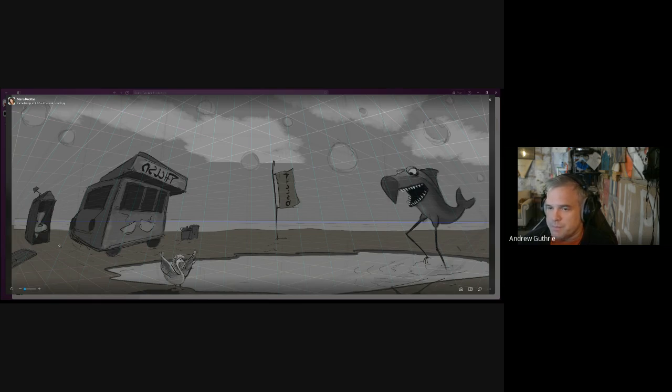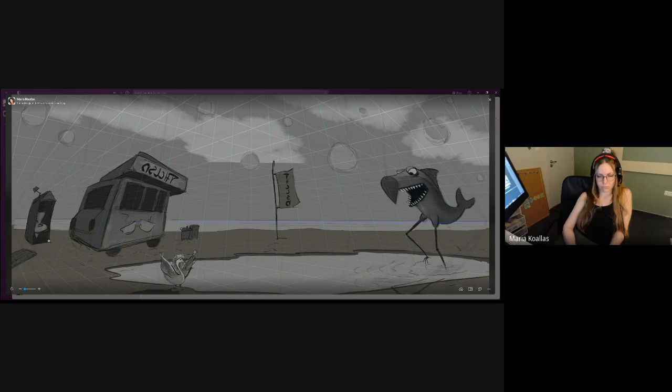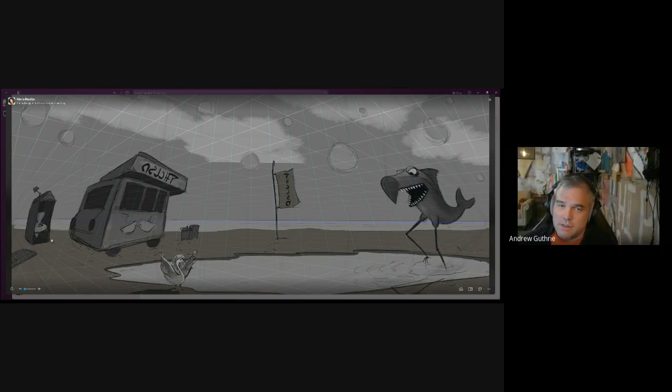Fruit Loop will not have a shadow because it's already in a shadow. It's in the moon shadow, but the van will have a regular shadow, and I just don't know how big that'll be. I'm guessing it'll be